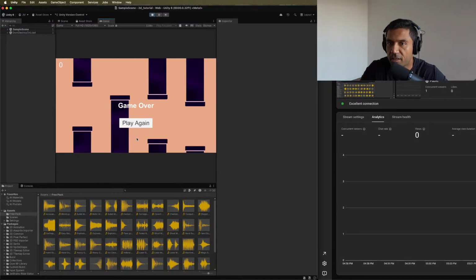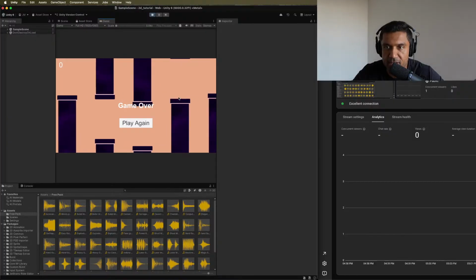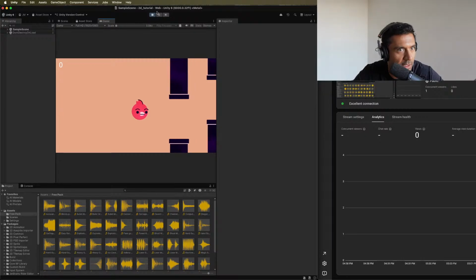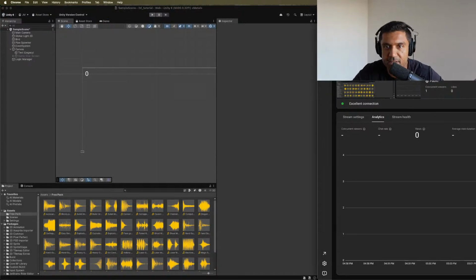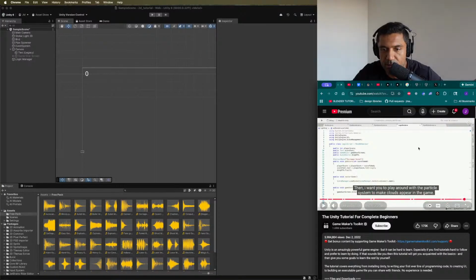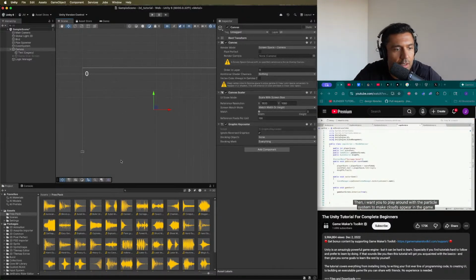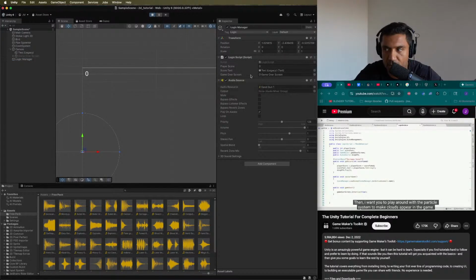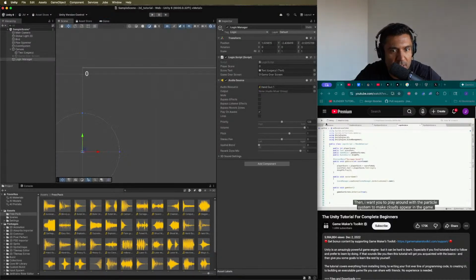But right now it's just playing at the start of the scene. I'm going to go ahead and change it to play every time he scores a point, just because that was one of the exercises that our guy recommended in his tutorial. So far what I've done is I've imported the free pack of sounds, and I added it on the Logic Manager. And now for some reason, it's playing the sound when the scene starts, which might be some kind of default